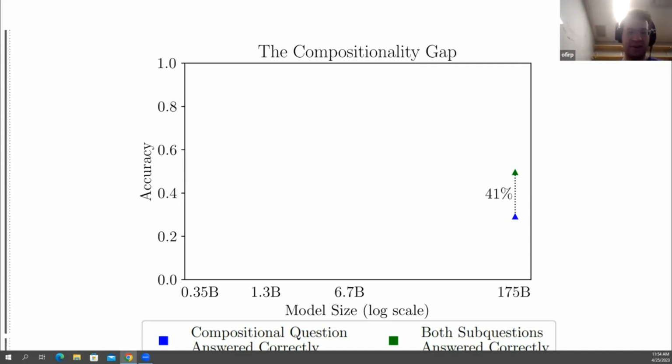Somebody asked, are there questions for which the compositional answer is correct, but the independent answers are wrong? So yeah, we talk about this a tiny bit in the paper. You can see the numbers for that in the paper. The actual answer is that yes, it sometimes happens that the model gets the compositional question correct with the independent sub questions wrong. But when it does happen, I've looked into it, and it's always because of some silly technical